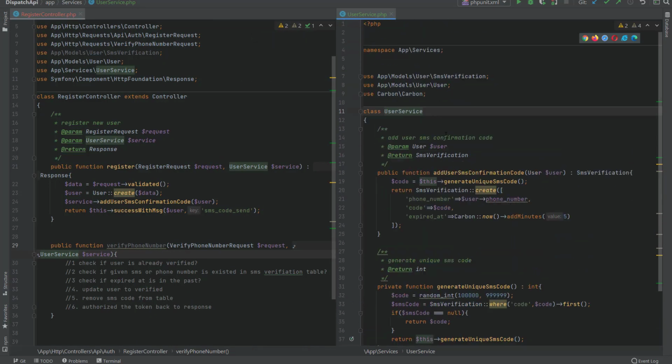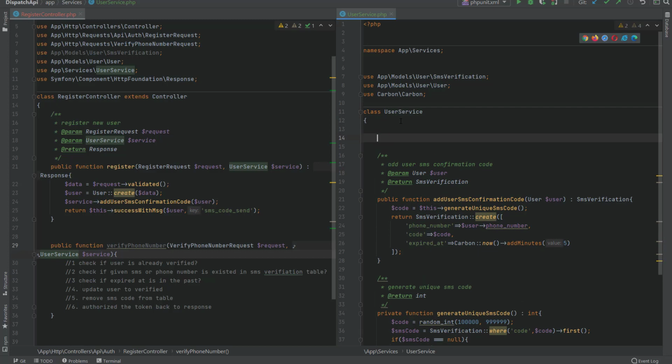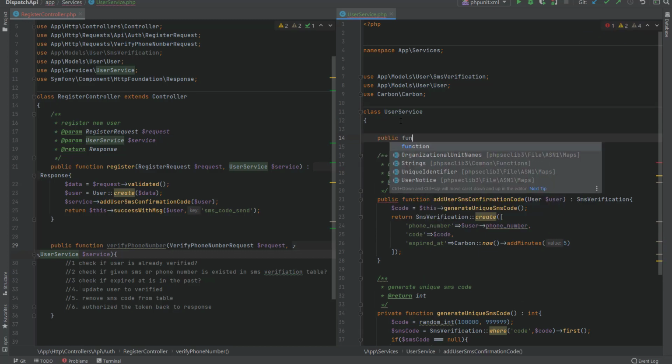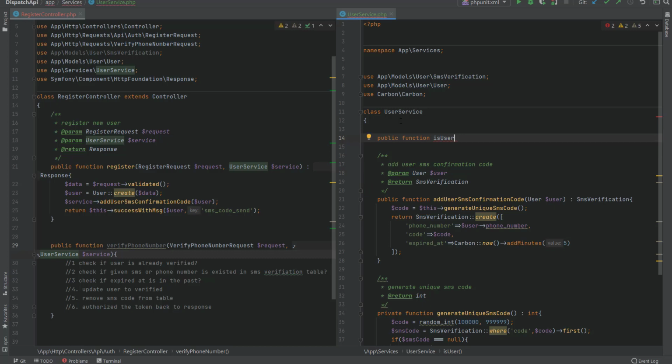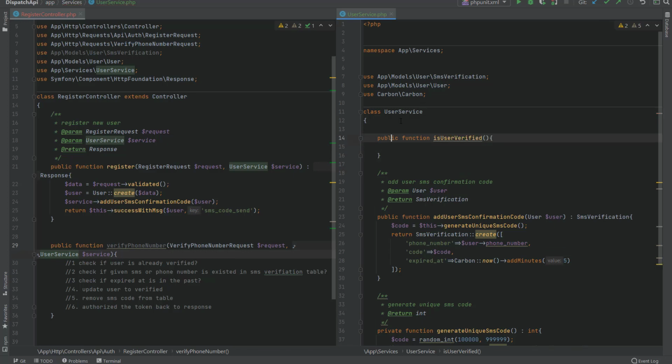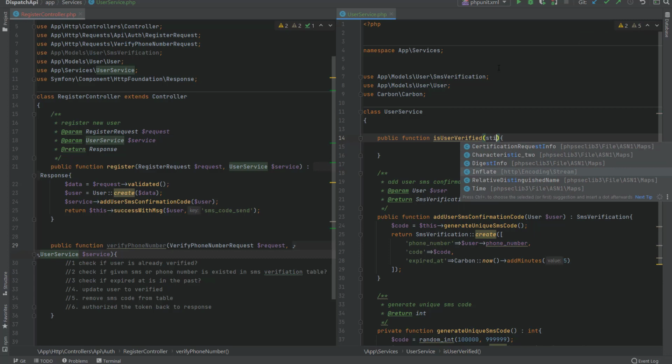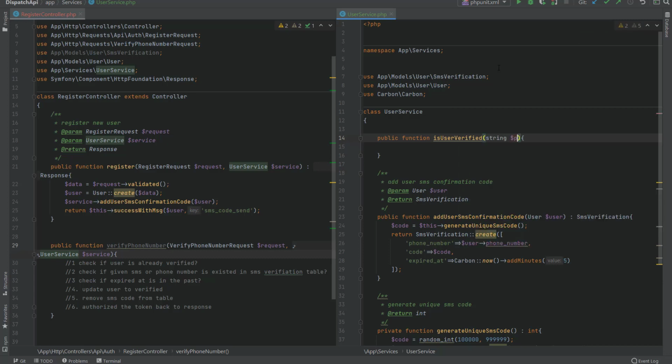Okay, and first we gonna check: public function check is user verified. So let's pass the phone number, string phone number,